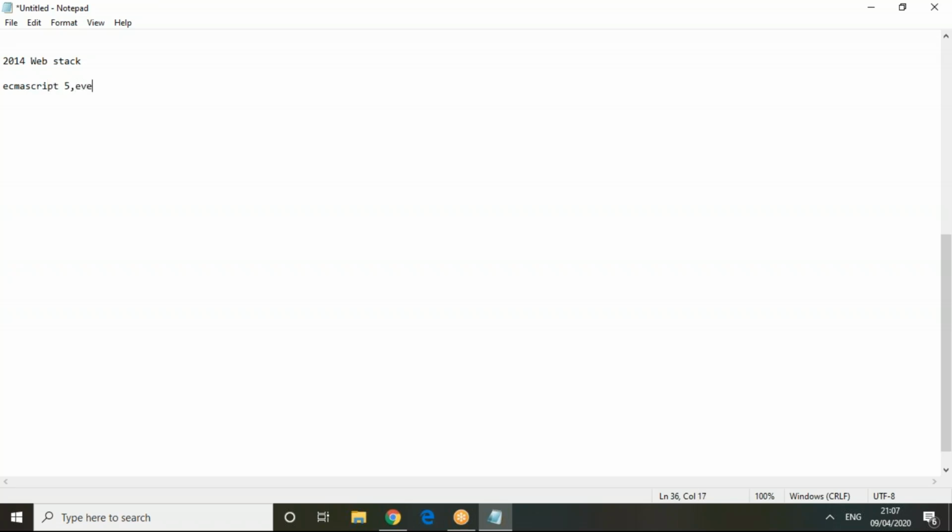We had events, we had standard elements, and rendering. These were the only web standards available at that point of time. Coming to the framework part, basically the web stack includes both your framework and web standards, right? So at that time, we were working with